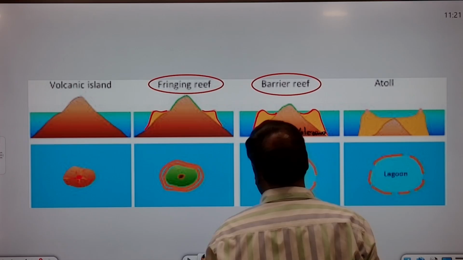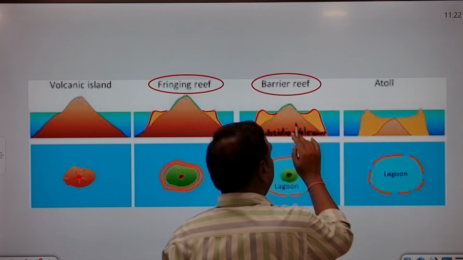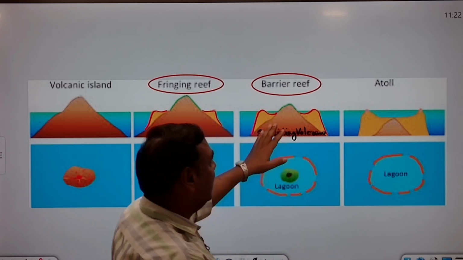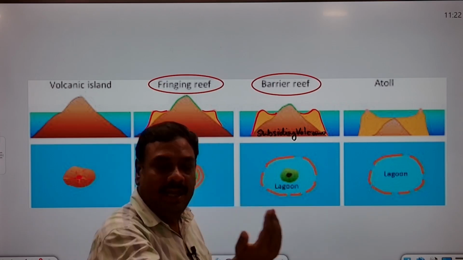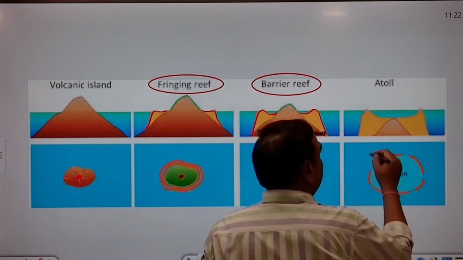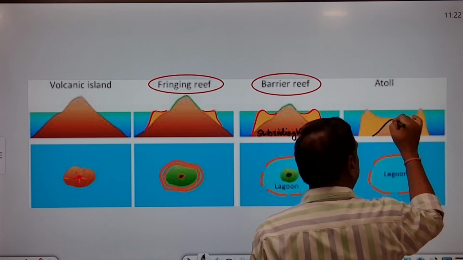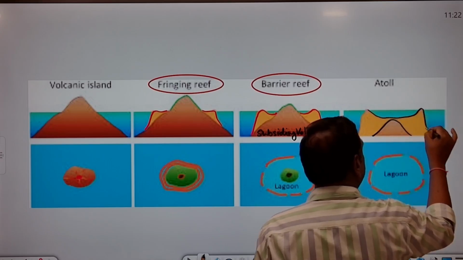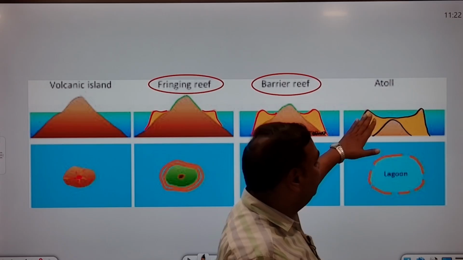Okay, not only this, if you see here, when it gets subsided completely, obviously you can find here that the whole region, because coral reefs are not only found in the sides, you can imagine that the formation of coral reef has been taken place from all the sides. It has been taken place in all the sides, right? So in that way you can say the volcanic island has been subsided completely, and due to its subduction, you can say this projected part of the barrier reef has been